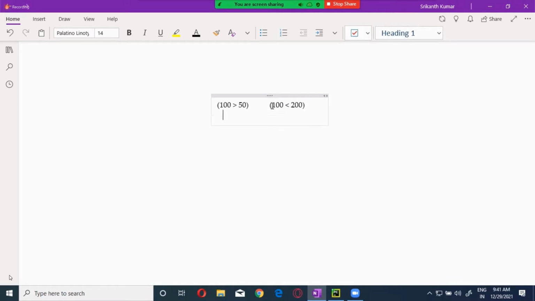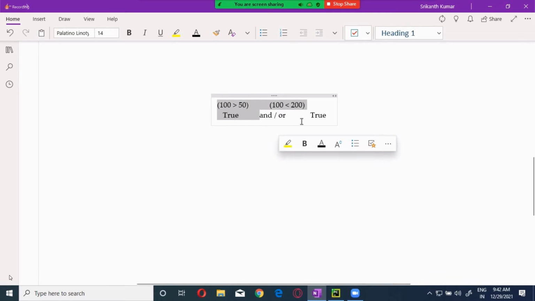And the next one is also true. When you compare these two with an AND operator or an OR operator, these are the ones you use to compare the output of conditional statements. This is done by a logical operator.